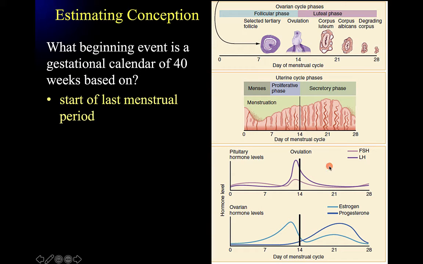So we're going to have a spike in luteinizing hormone just prior to that, which we might pick up in an ovulation test, and then ovulation will end up taking place,